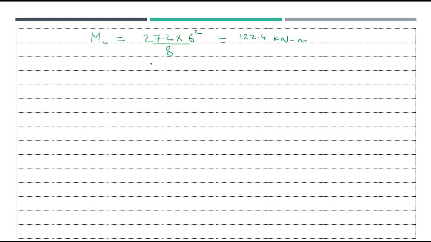I've selected the width as well as depth of the beam. Now we have to get the steel quantity such that my beam capacity is either equal to 122.4 or more than this moment which is going to act on the beam. If I want to design a singly reinforced section, I have to make sure my ultimate moment acting on the beam is less than the limiting moment carrying capacity of the beam. So for the beam to be designed as a singly reinforced section, Mu has to be less than Mu lim.